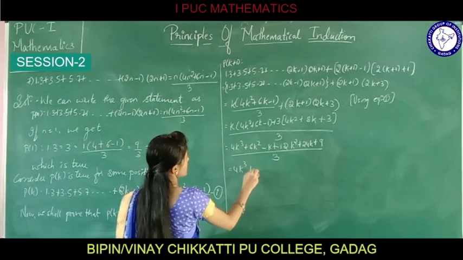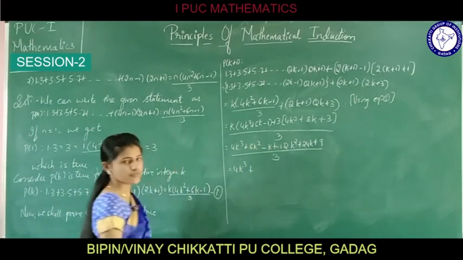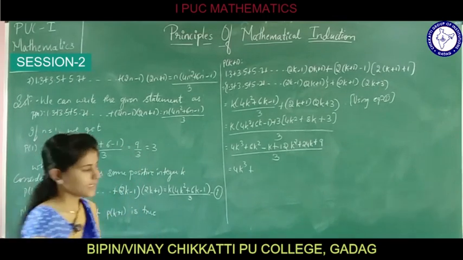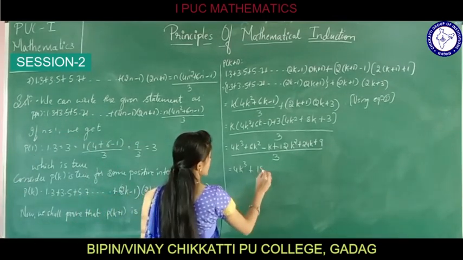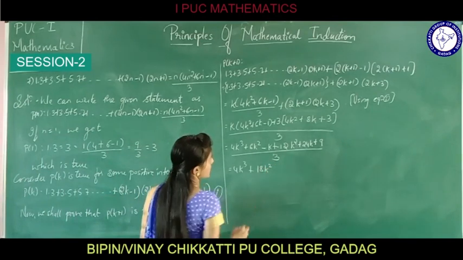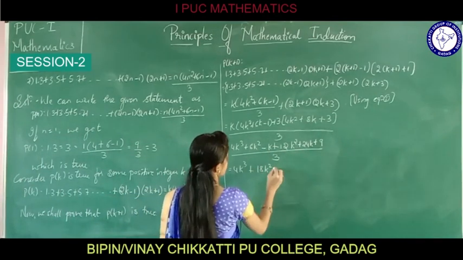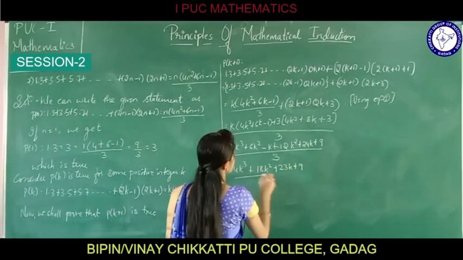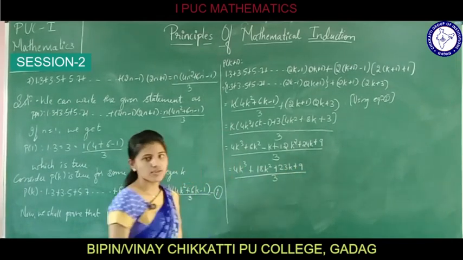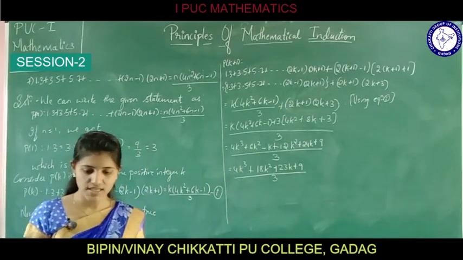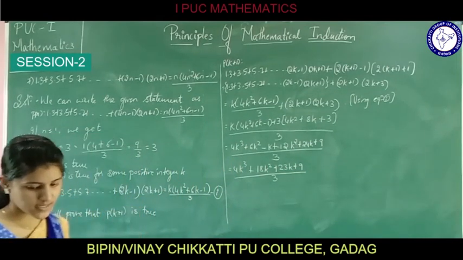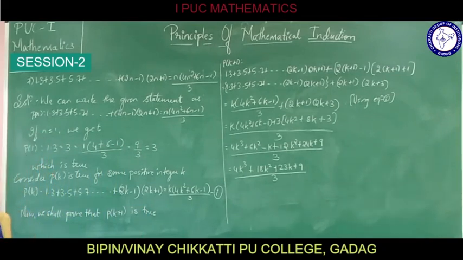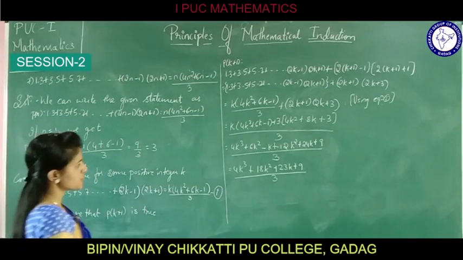4k cube plus 6k square plus 12k square. We are going to get what? 18k square minus k plus 24k is 23k plus 9 divided by 3. We got this much, right? Now further simplify it, just split them into two terms, that is 4k cube plus